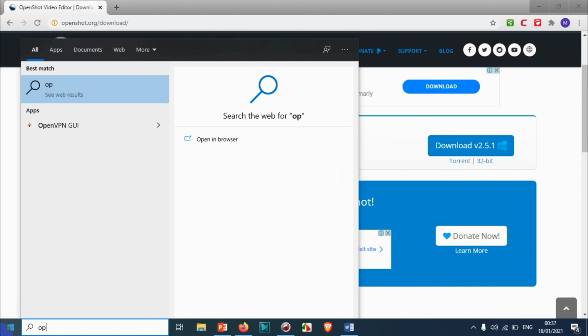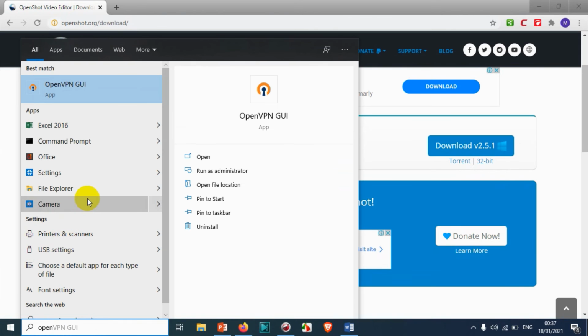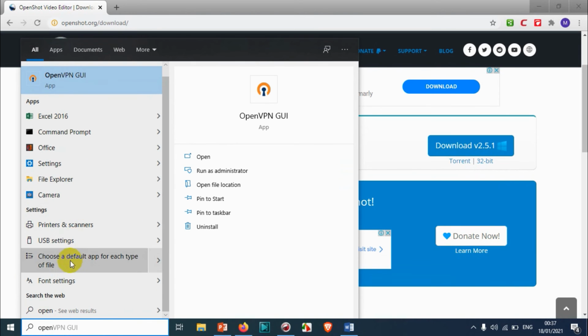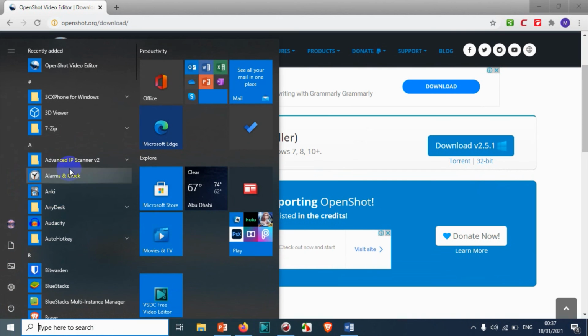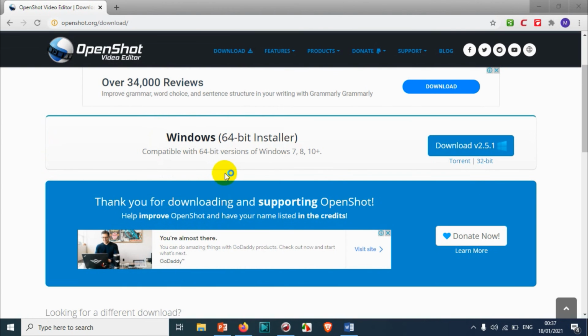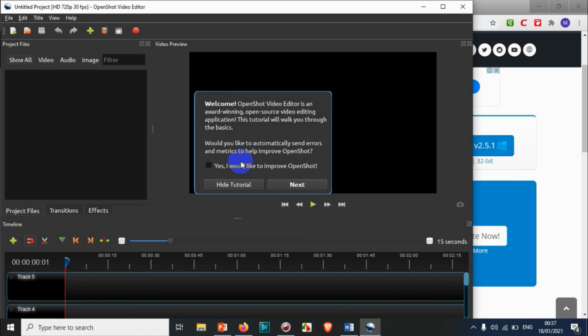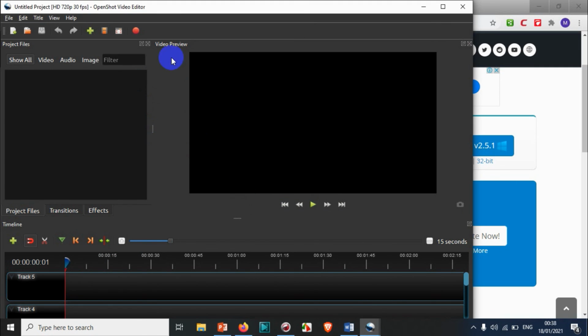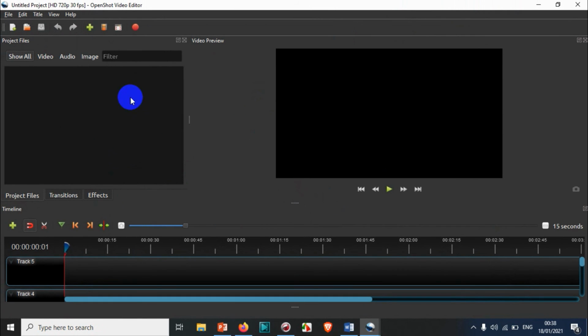Sorry, I was opening the OpenShot Video Editor. Welcome to OpenShot Video Editor, an award-winning open source video editing application that will provide you with the basics. That's fine. This is the window. You can see the window over here. I'll be discussing more topics related to this